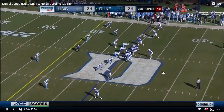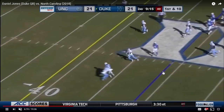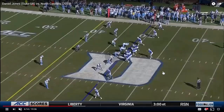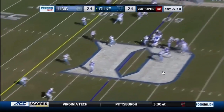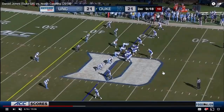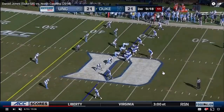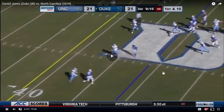And these types of plays stall drives. And I see this not only in the opposite field targets like this, but also a fair amount of short and intermediate range targets out of Daniel Jones, that the ball just isn't where it needs to be on a consistent basis. And when I say consistent, I'm not saying 80% of the time or 90% of the time, but when you start looking at 20, 30, 40% of the time that his throws are